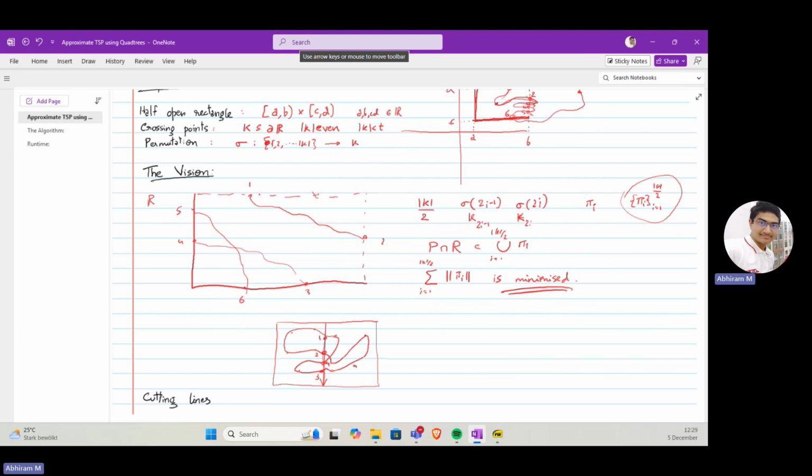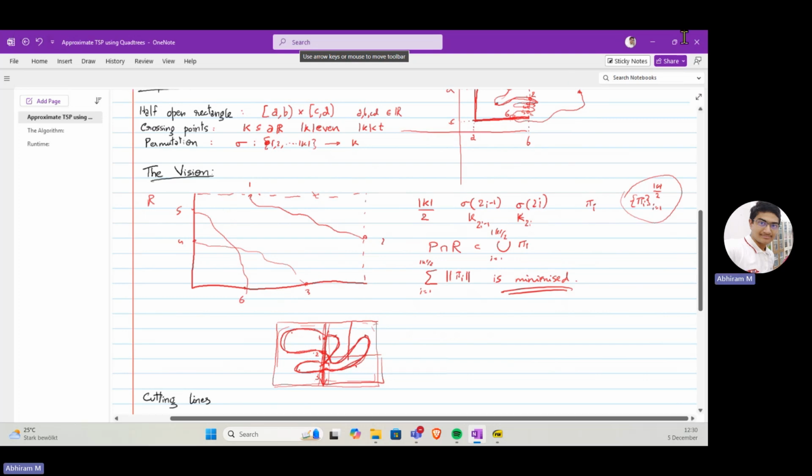So let us say this was the tour. Then we break it into two subproblems by drawing this line. On these two rectangles, we put these 4 points, give them this order 1, 2, 3, 4, and tell it to find the shortest paths. So this one is going to find this and this. And for the other problem, the solution is going to be this and this. By taking the union of the two solutions, we get a path. And for each of these, we find the solution by breaking it into two parts and solving those, and then breaking those into two parts, the whole divide and conquer thing. This is what we want to do. Okay. So now to do this,